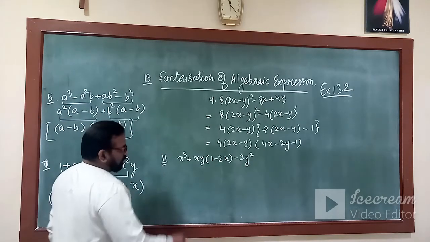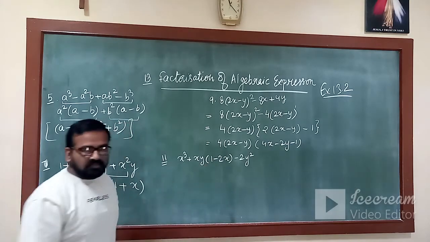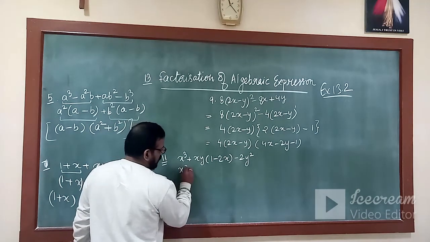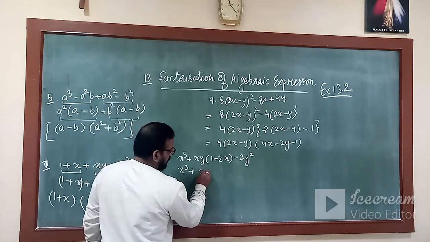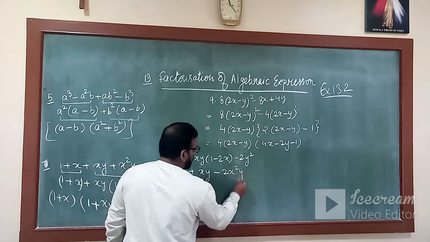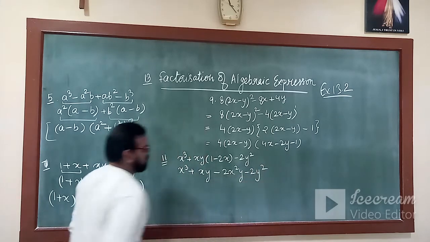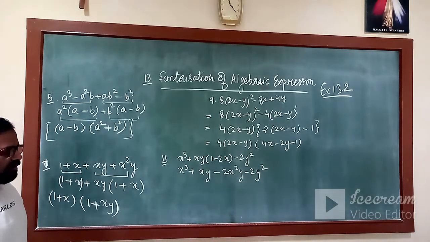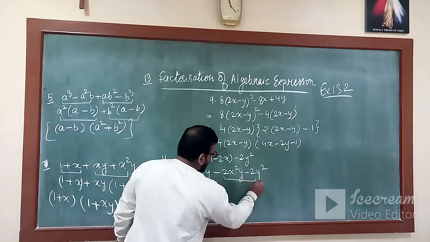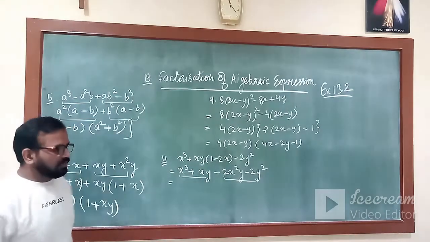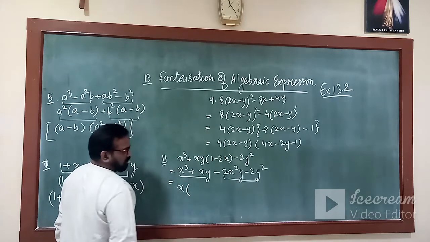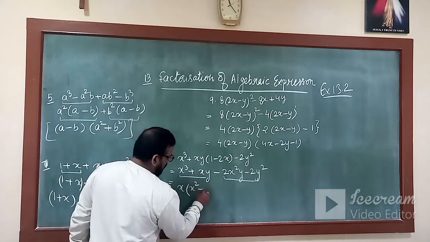So now I cannot take these two terms, although x and x are common. In these types of questions, what will we do first? First we will solve the bracket. So it becomes x into y into 1 minus 2x square y minus 2y square. Okay, like this. Now let's do the very first process like we were doing. I will make the consecutive terms as their groups. So this is x cube, this is x, so I will take x as common. So what is left? X square plus y.